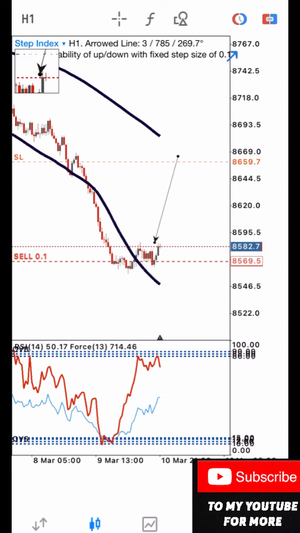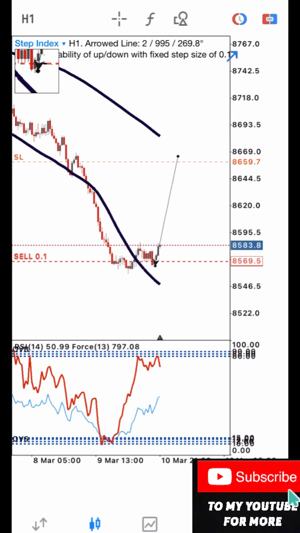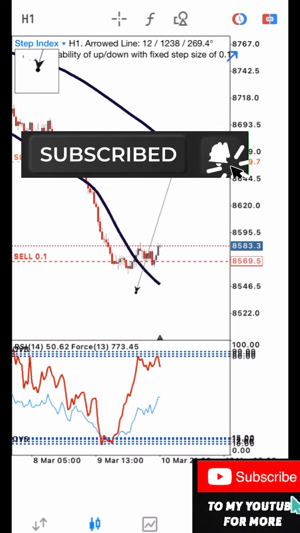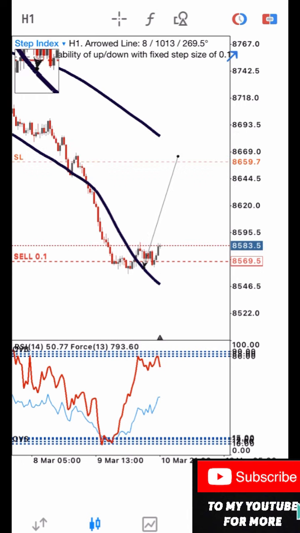All right, so I placed the sell on the wrong zone of the Bollinger Band, though it might seem right on the RSI indicator because it's at overbought. It ought to sell, isn't it? But on the Bollinger Band, it's a support. So I ought to have waited for price to break out of this Bollinger Band before I start selling. Probably break out, give me a turn back to retest it, and then I sell. And if that happens on this indicator here, I will also see a good signal. But I didn't wait for that.